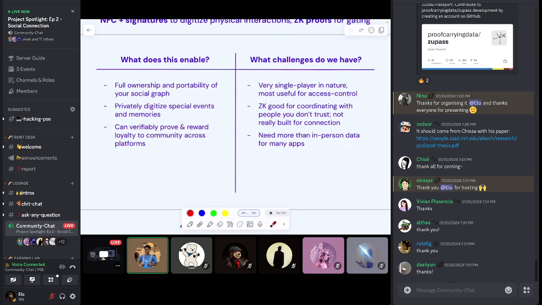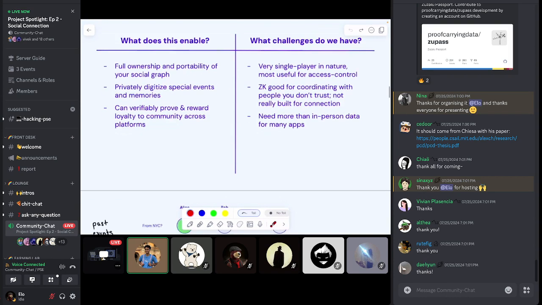So what challenges have we run into with this setup? I think one thing is exactly what Ayla was mentioning, in that ZK is inherently a very single player sort of cryptography. It essentially enables you to make proofs about your own data. And we found that historically it's most useful for access control style things. In a similar vein, it's really good for coordinating with people you don't trust, in that you are trying to hide different amounts of information using tools like selective reveal. And we never really found it to be a really good connective tool. And finally,